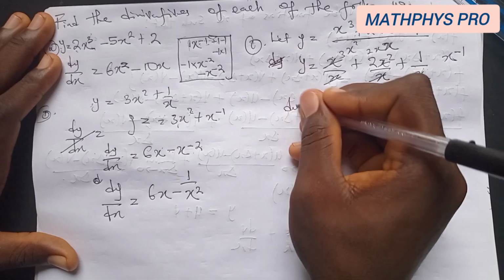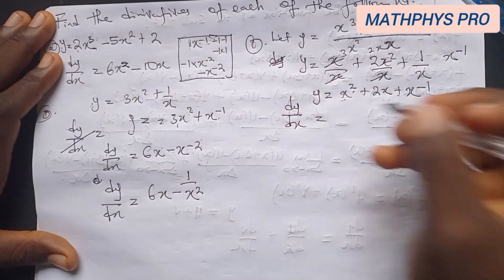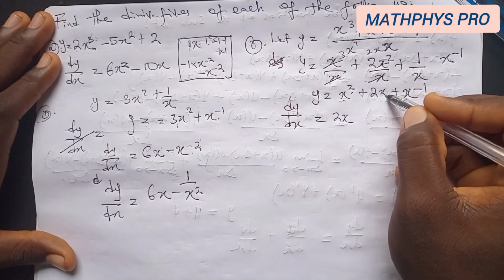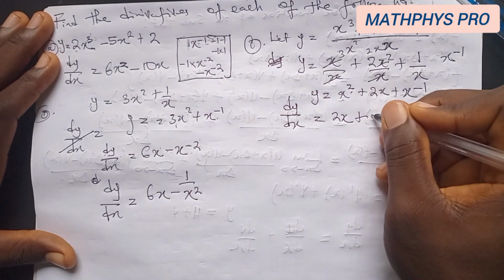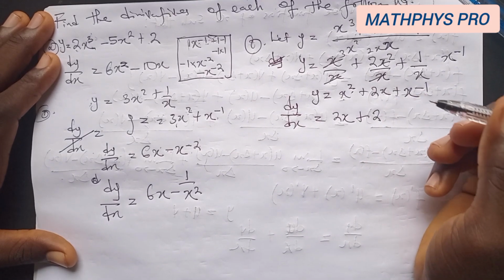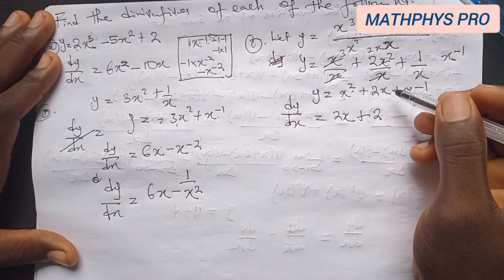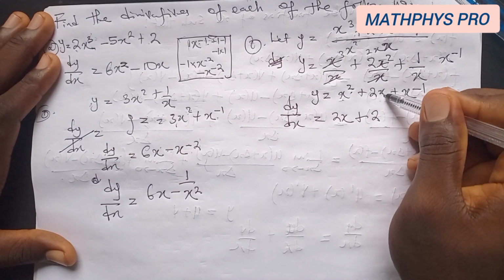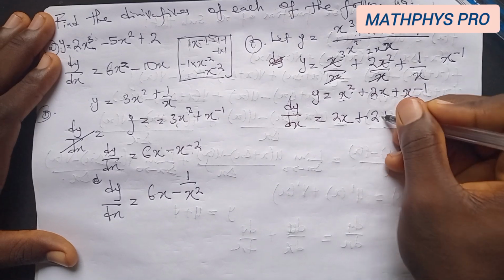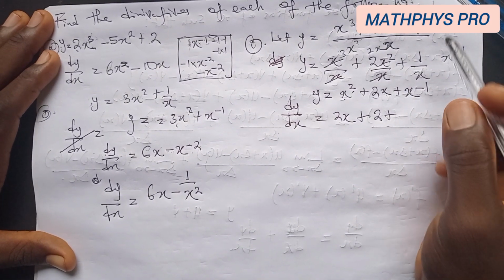So to find dy/dx, we differentiate x squared, you have 2x. Differentiate 2x, you have just plus 2, because if you differentiate x, you get 1. So the 1 times 2 gives you 2, just 2. So plus differentiate x raised to minus 1,